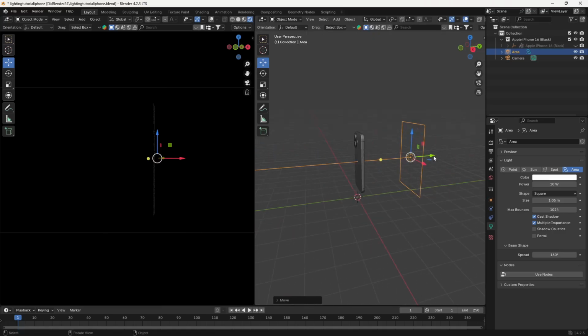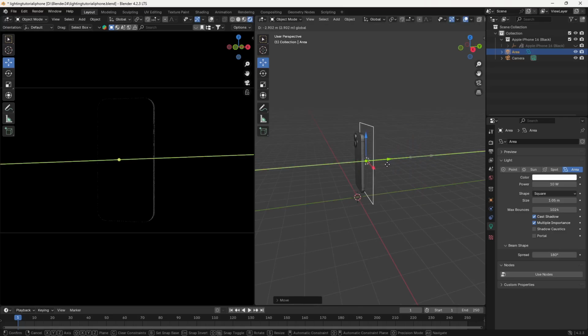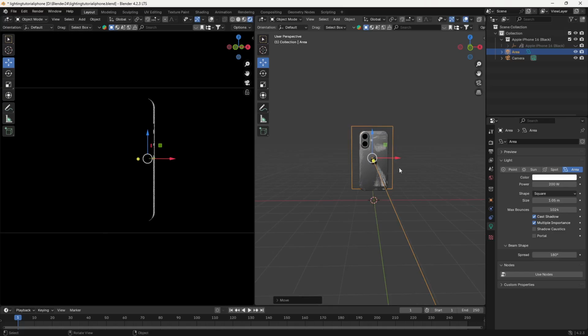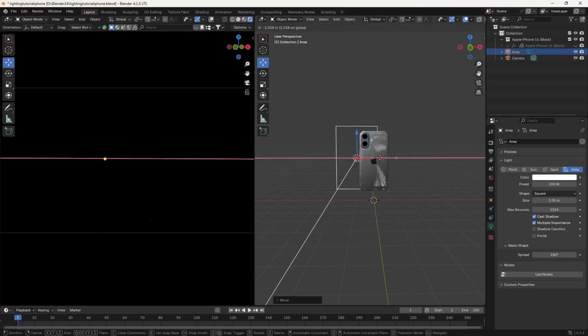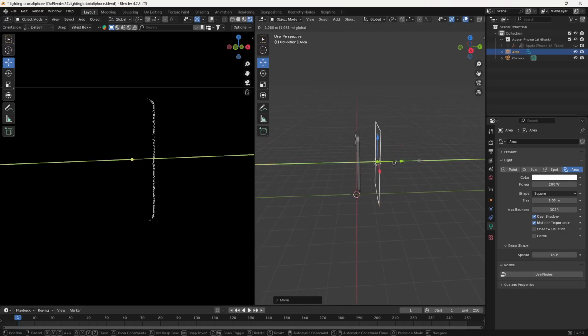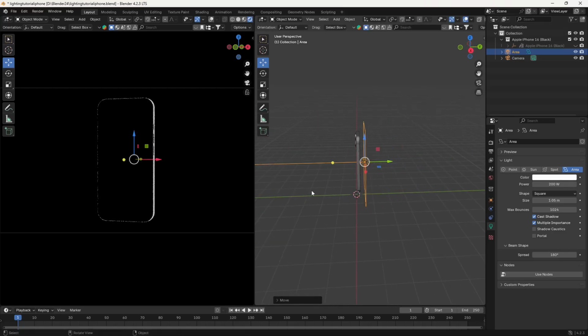And now if I move it forward, you can see the result here as well. Okay, so let's just keep it somewhere around here and let's now increase the power. Let's start with 200 and now you can see the result here as well. If I move it here, you can see we are getting it here. And if I'm moving it here, you can see we are getting the result here. And if I move it closer, you can see we are getting this really good rim lighting here.